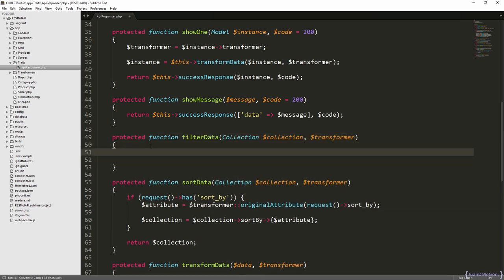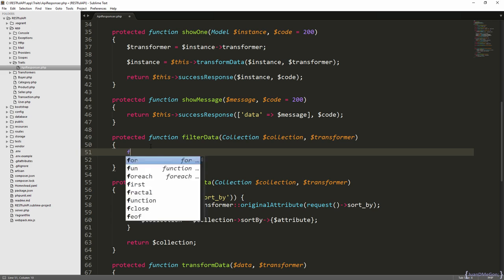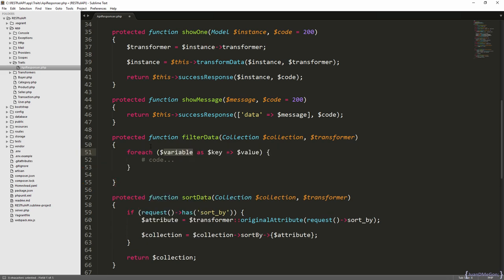So what we are going to do first is to go through every query parameter that we receive one by one. Then we are going to obtain the original attribute from that query parameter, if it exists of course, and obtain the value. We are going to filter the collection only if the attribute exists, meaning it is not null, and the value is valid, meaning it is not empty or null as well. So we are going to use a foreach